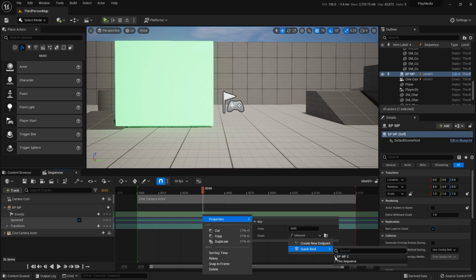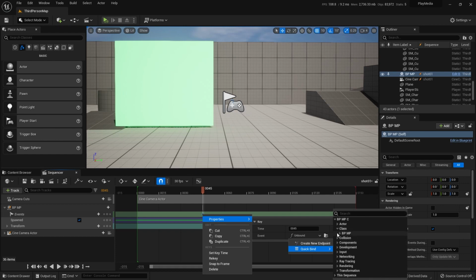So if you go into blueprint for the movie player C, go into class, BPMP, start movie. So what you're doing is you're navigating through the intricacies of the blueprint and finding your way. Remember, this is what we called our custom function. We called it start movie. So you're connecting that keyframe to this function that you created. So select that,